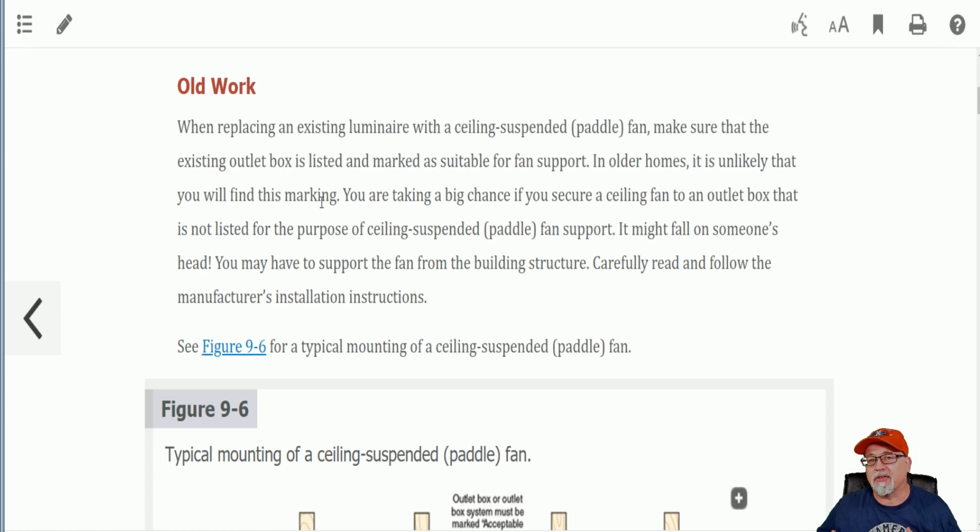So as a service electrician, you're going to go out to hang a ceiling fan, and I'm sure that if you're on these apps like Nextdoor or the Home Depot app where they send you out, somebody buys a ceiling fan and then they call you and want you to install it in their house, chances are you're going to get a ceiling outlet box that is not designed to support this ceiling fan. So you're taking a big chance if you secure that ceiling fan to an outlet box that is not listed for its purpose. It might hold it when you leave, but if it ever falls down on you,